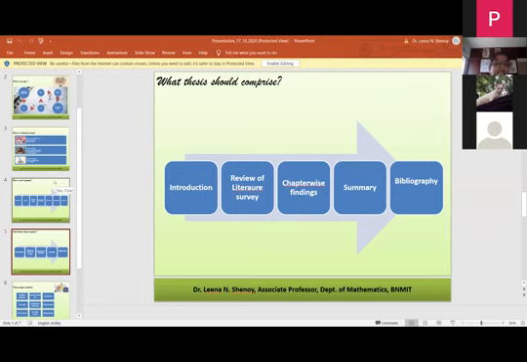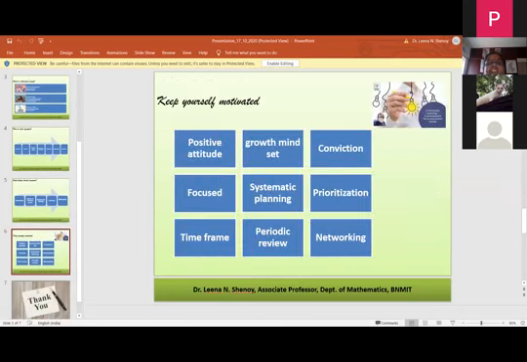And finally, I would like to mention a few things to keep yourself motivated, which are not mentioned in any of the research methodology books, but to keep yourself motivated and to keep going, these are very much required. The first one is positive attitude and growth mindset. Yes. Now, gone are the days